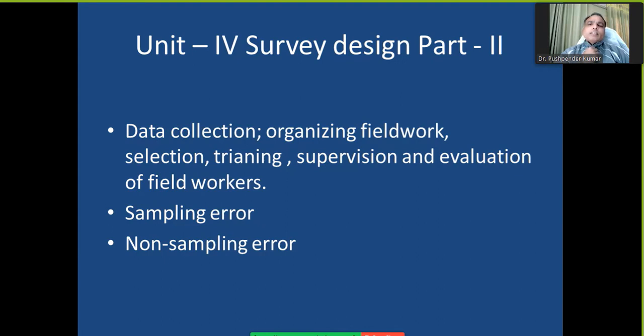If you don't follow this research ethics, somewhere you are conveying a message that in future, if someone else is conducting research on these respondents, then these respondents would be aware that they can give false information. And sometimes there have been some research where you give some kind of incentive.